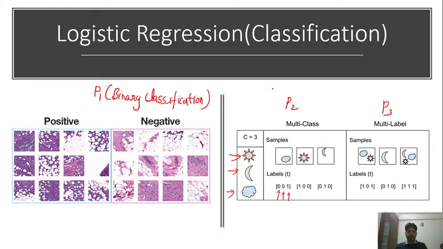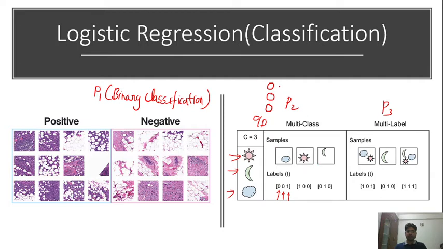So what change will you make? Instead of giving one output, you will have three output neurons. In the output layer we have three neurons to solve the three class classification, and these three neurons will each give output with respect to one class.